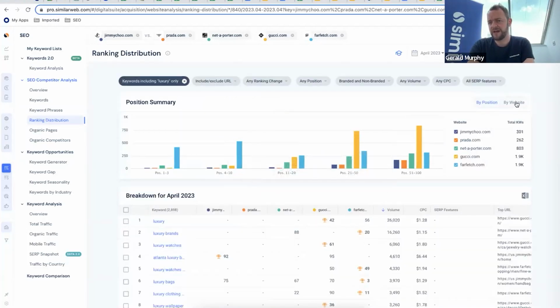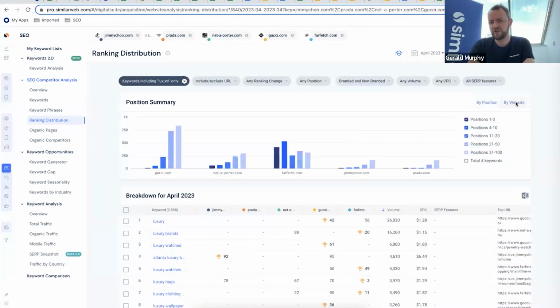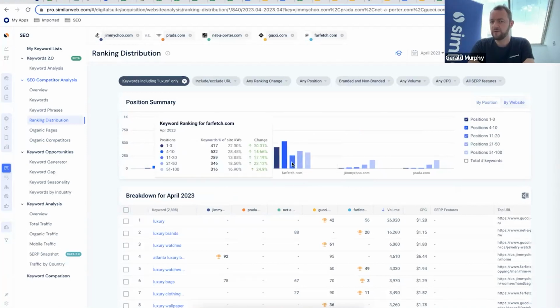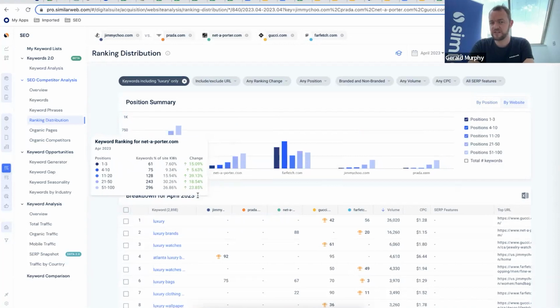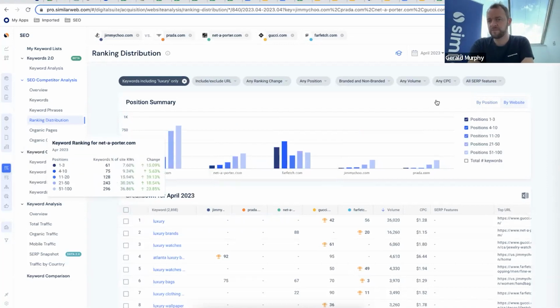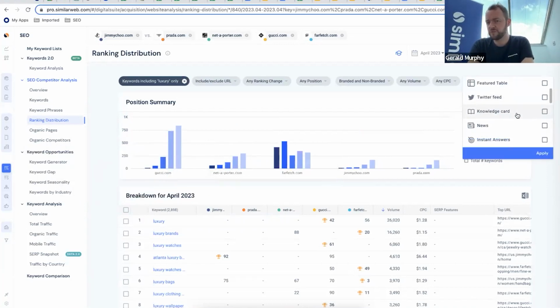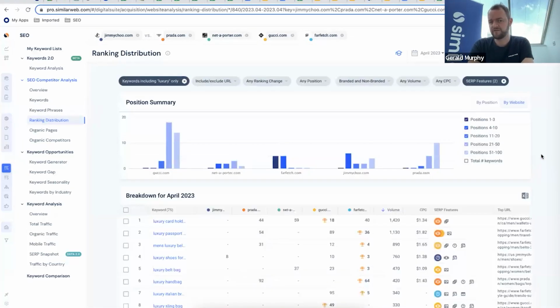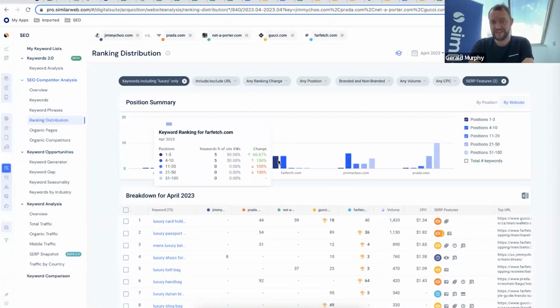And critically, we have this by website view. So what you can now see, really interestingly, is the brands themselves are not targeting luxury as a keyword, but who is? Farfetch and Net-a-Porter. The only brand, in fact, that's doing that, but not very well, is Gucci. But all of these filters speak to one another. So are they targeting this, for example, for images, product listing ads? Very different story. Farfetch is the only one that's doing it successfully, but success is only 5 keywords on mobile.